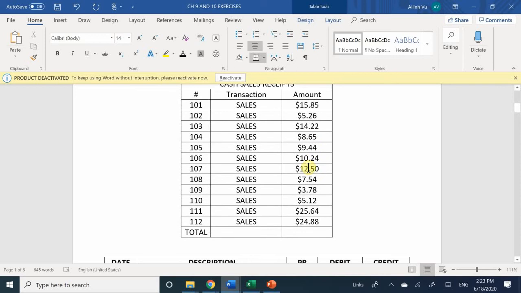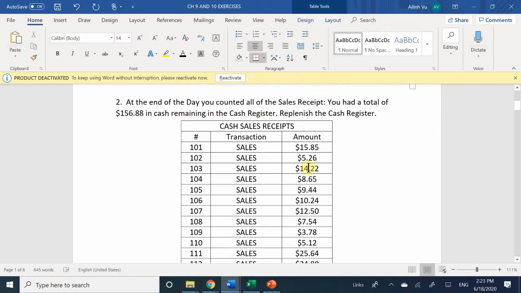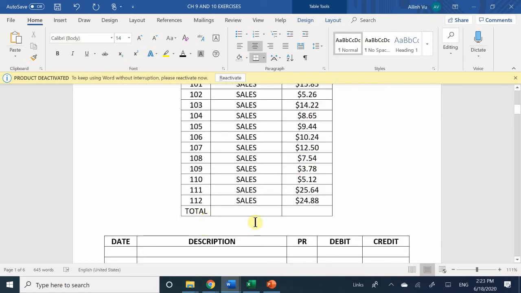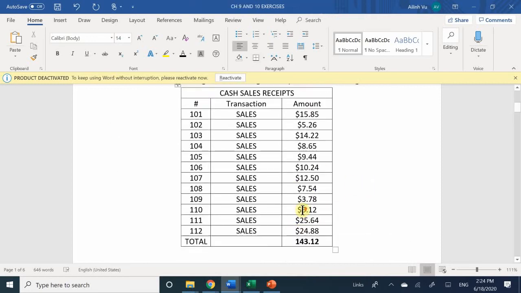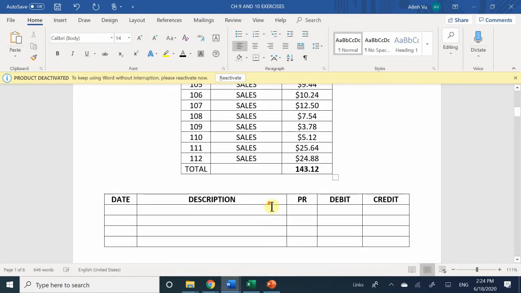So go ahead and calculate a total. For check number 101, we had sales of $15.85. 143.12, yeah. 143.12. Good, guys. Okay, so 143.12. Let me go ahead and highlight this and make it bold. So yes, we have a total of